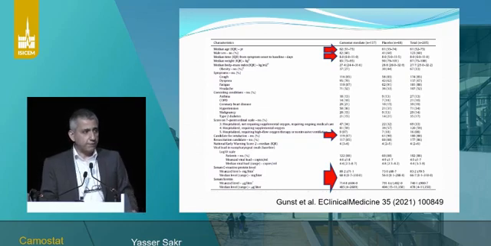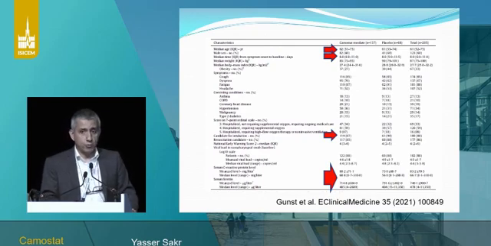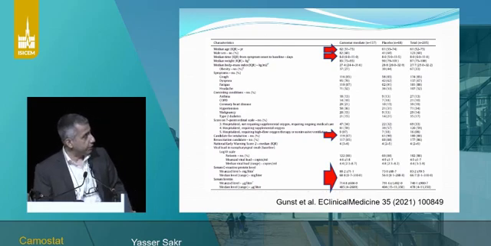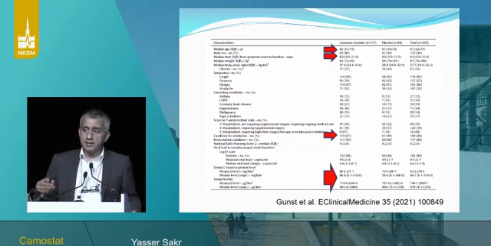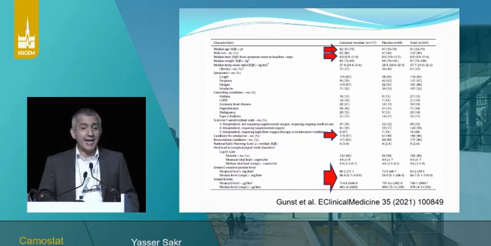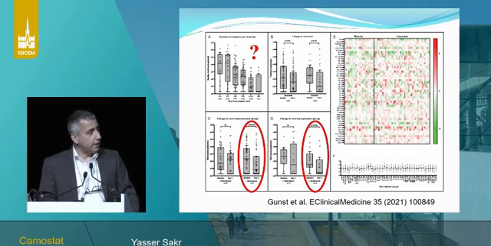Again, in this cohort, if you look at the differences between the randomized groups, you can see that patients assigned to both groups were very severely ill at first, because most of them required mechanical ventilation. And of course, these patients also received the Camostat mesylate therapy a little late after the onset of the disease, after 8 days of symptom onset. So maybe it was a little too late to administer it in these patients.